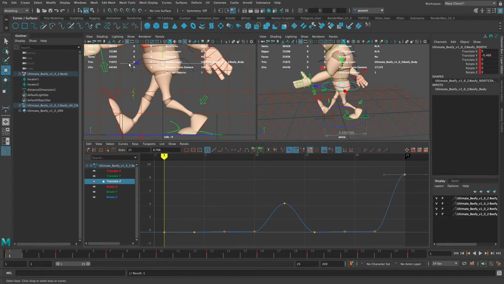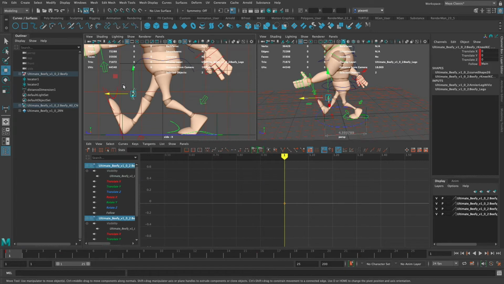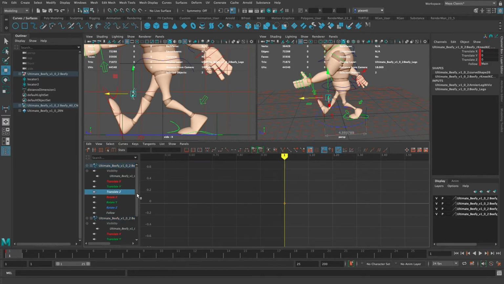Now what I need to do, I'm just going to go down. I'm going to deal with these pole vector controls next, right? I've selected both of them at the same time. I can go to the Translate Z here, and I can go to the Translate Z here. I'm on a Mac, so I'm going to hold down Command, but you can hold down Control if you're on a PC. And it's going to select both of the Translate Zs, right? If I hit F here,